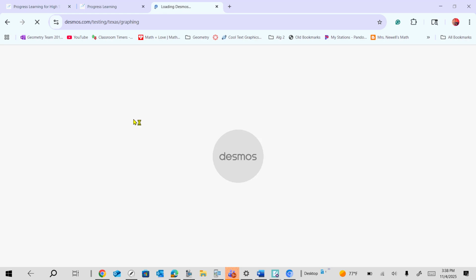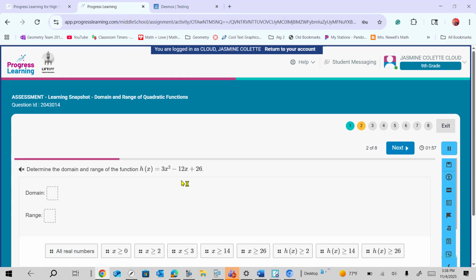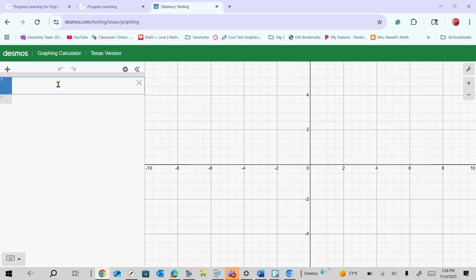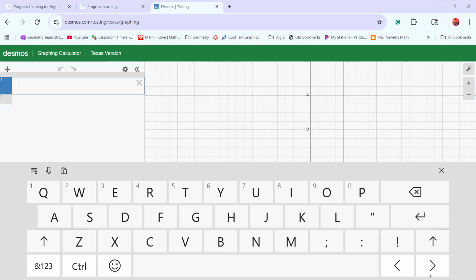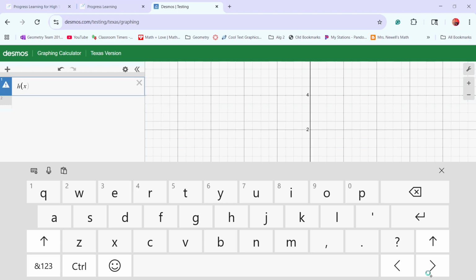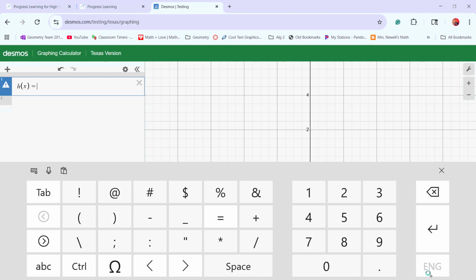Here we go. Okay. So what we're gonna do, and I'm surprised the calculator's not opening on this. I'm gonna double check on this. I apologize for that. We gotta put this equation into our calculator. So h of x, 3x squared. So I'm gonna type in h of x equals 3x